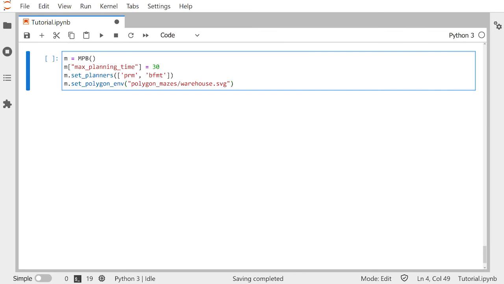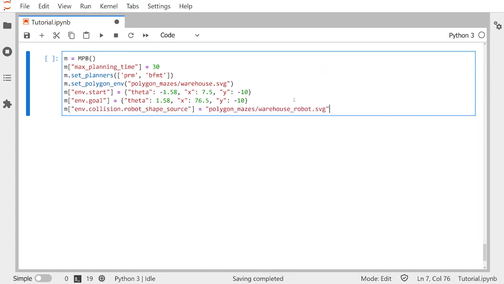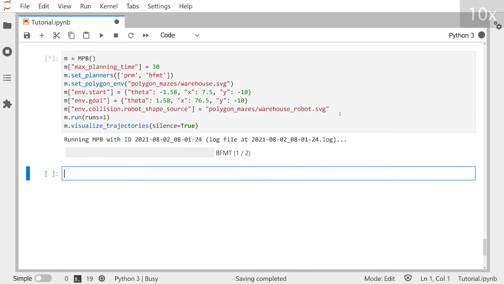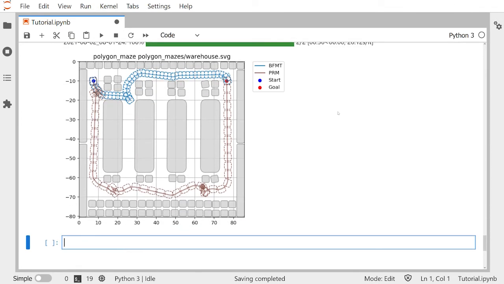BenchMR supports such types of environments in the form of SVG files in which the obstacles are represented by convex polygons. These vector graphics files can be easily generated in Inkscape, for example. Let's choose a warehouse environment and change the geometry of the robot to a square-shaped warehouse robot. We see that both planners found a solution and the new robot shape is visualized at every few steps on